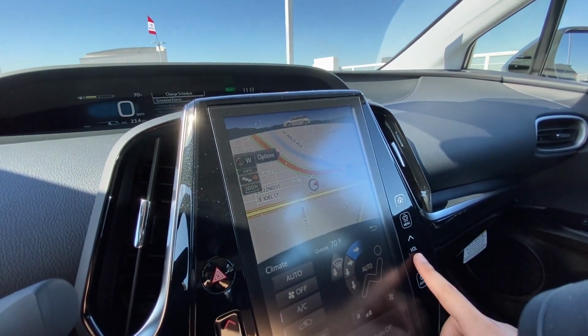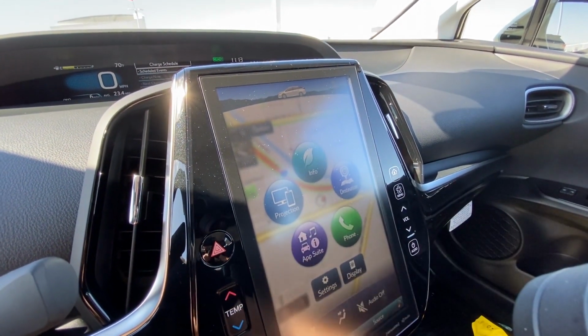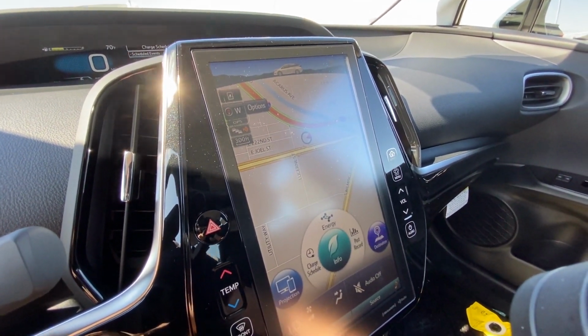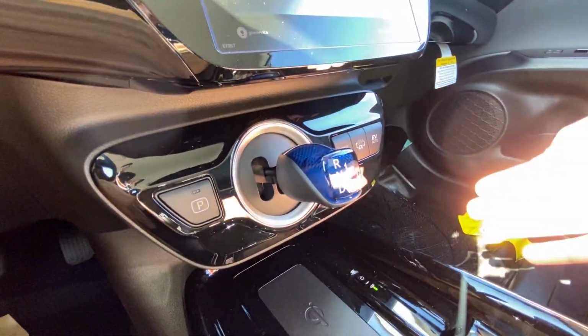Now, just like the Tesla, there is a learning curve, so don't go figuring out where all the buttons are when you're out driving it. There are touch-sensitive buttons on the side for common commands, but all the on-screen controls need practice to really be comfortable when driving. You do have your shifter, which hasn't changed since the last generation Prius, and your drive modes